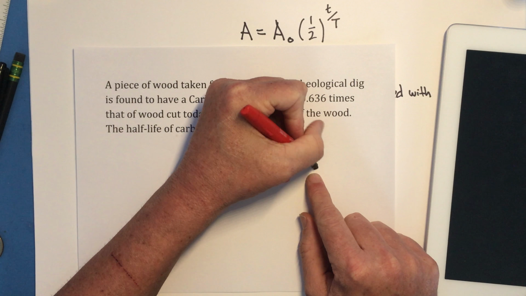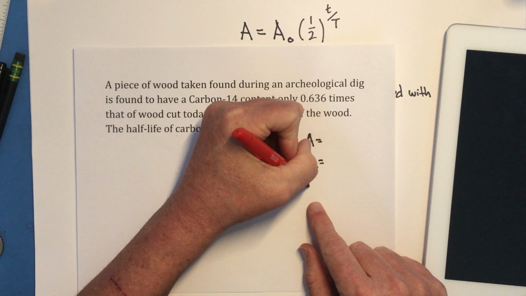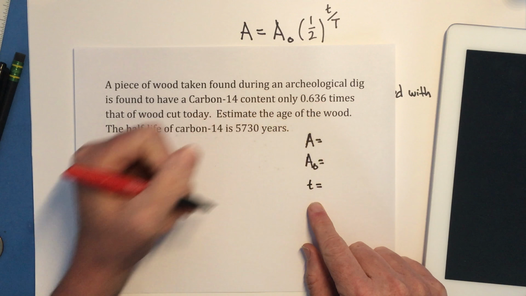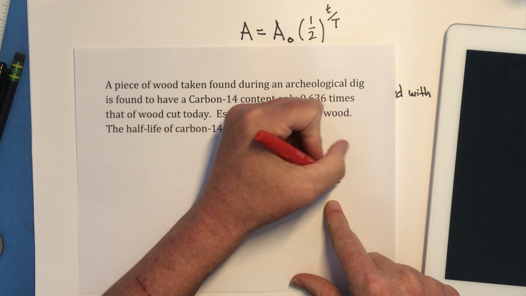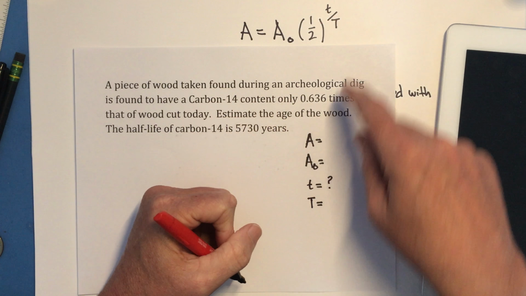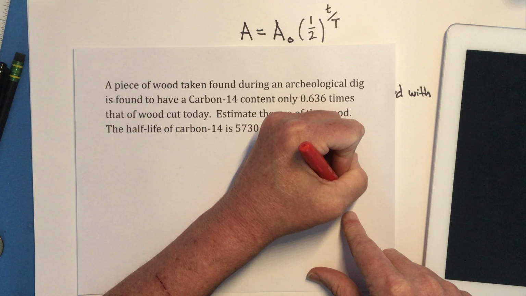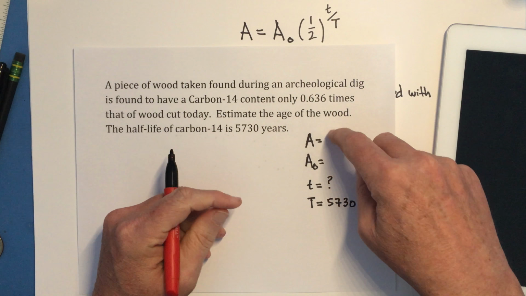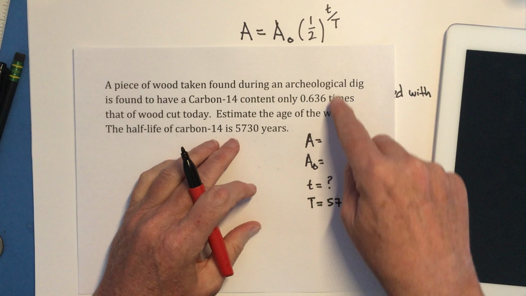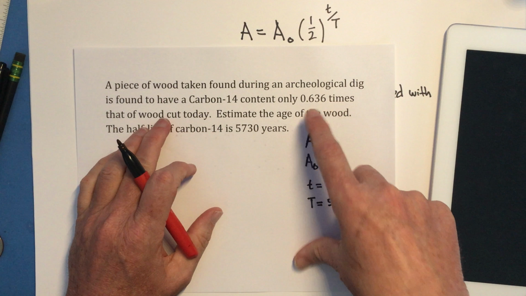We do not know a sub 0, or do we? I'll get back to that in a second. Lowercase t, that's what we're trying to figure out. So we don't know that at all. And uppercase T is 5,730. Now, as far as a and a sub 0, this is telling me that I have 0.636 times the